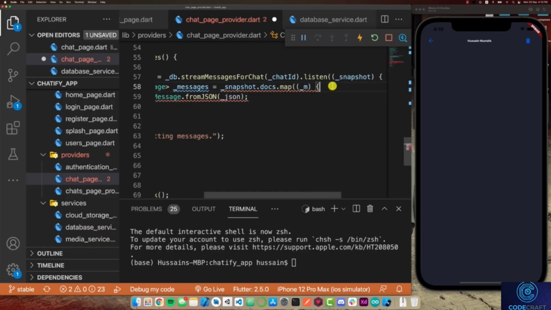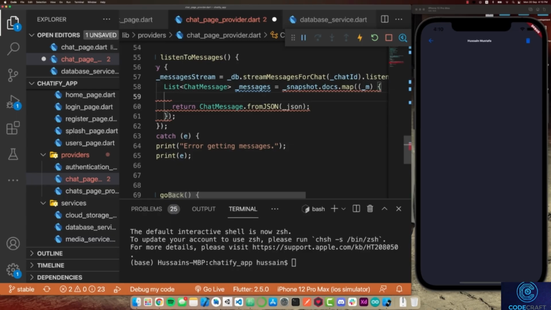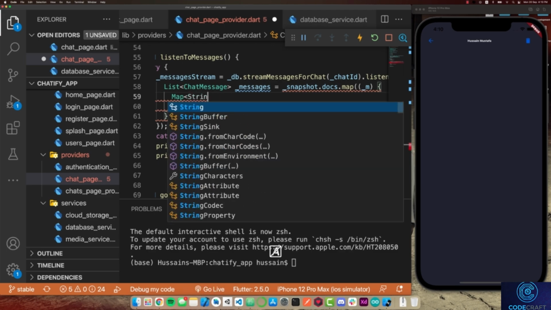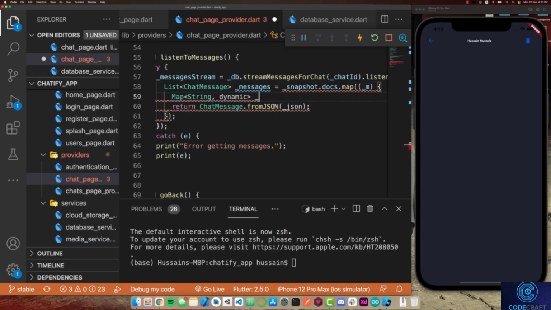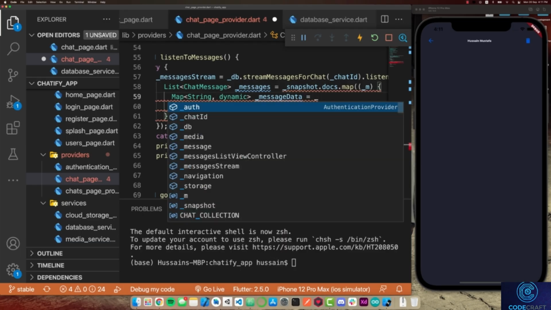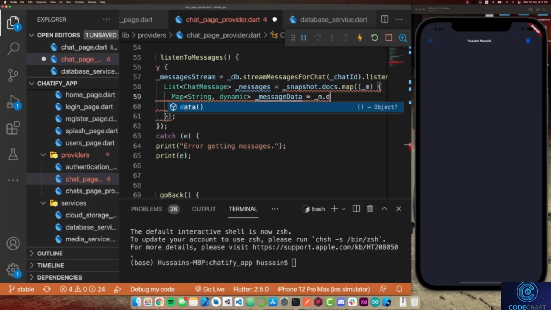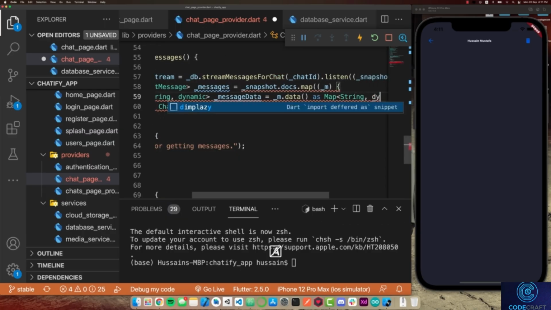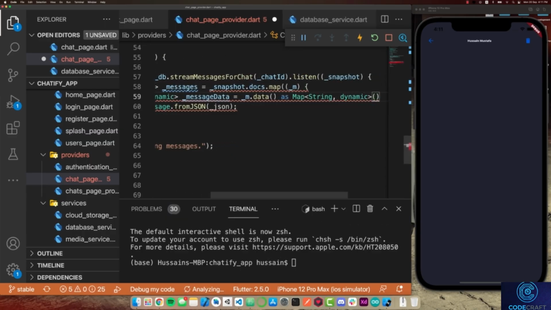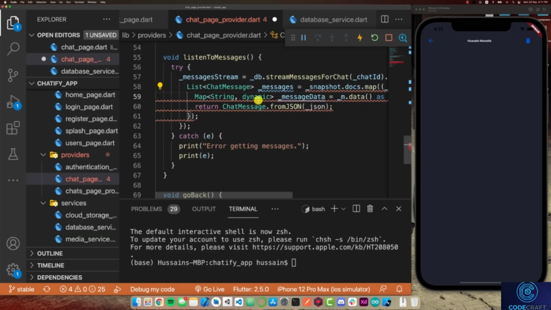But where do we get the JSON data that needs to be given to this factory constructing method? So for that, I'll create a variable which will be of type map string comma dynamic, and then we know where all this is heading. I'll call this message data, and I'll set that equal to our actual message that we get, and then I'll call the data function on it, and then I'll cast this as map string comma dynamic, then add the parentheses at the end and add the semicolon. With this, I'll take this message data and add it to our JSON call,